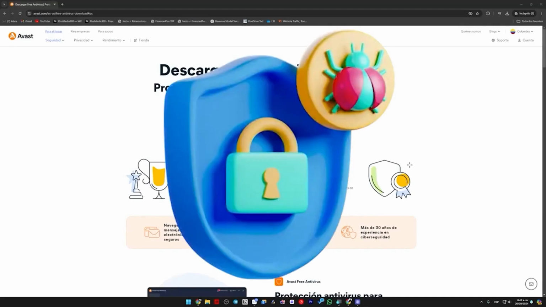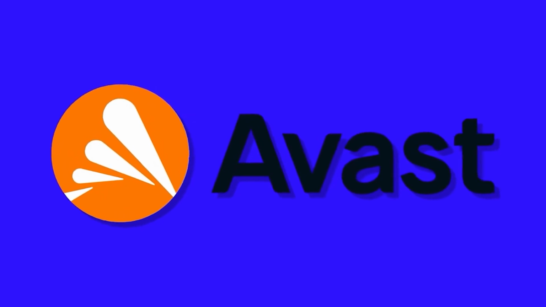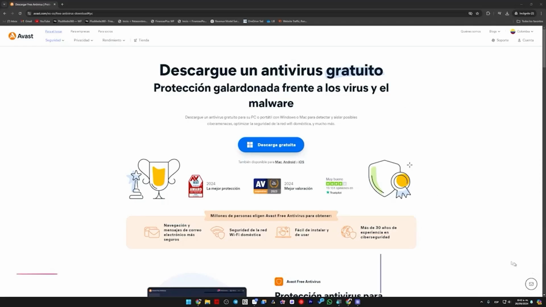The best free antivirus software that are actually free and, well, they have premium versions. I'm not gonna lie, but they have their free version, which doesn't have a time limit. We're discussing this. First of all, we have Avast, this very traditional antivirus that has been around for quite some